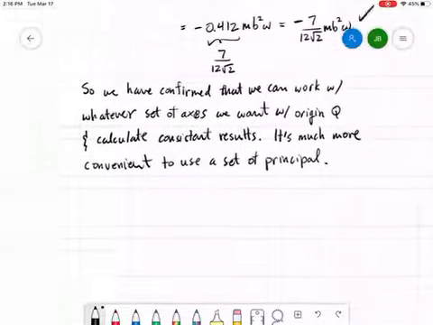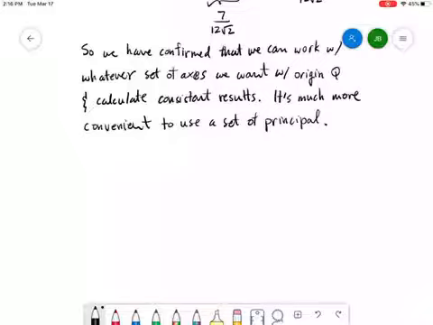Okay, now what I want to do is a calculation similar to one that we did in the last video. We're going to start with an inertia tensor for origin Q that corresponds to the principal axes. And then we're going to use the generalized parallel axis theorem to determine what the rotational inertia tensor would be for a point at the center of mass, an origin at the center of mass. So next,